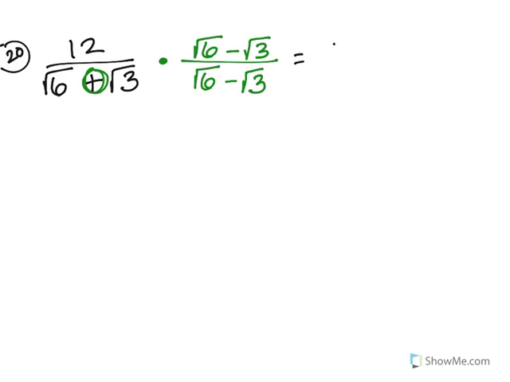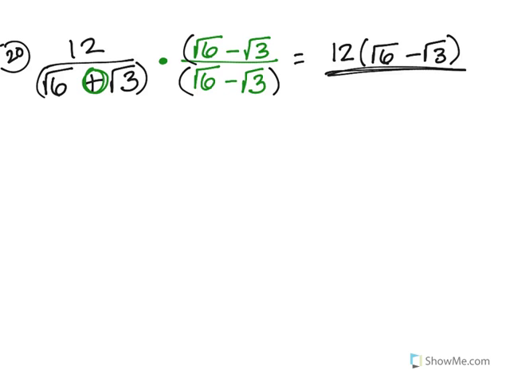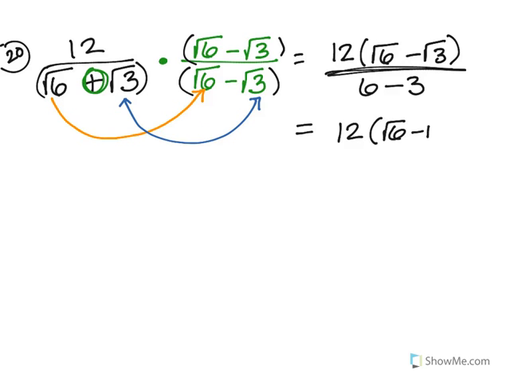Okay, so I would do 12 times, in parentheses, square root of 6 minus the square root of 3. Because the bottom is going to be a what? Whole number. So if you want to put this in parentheses, you can, if that makes it look better. But you're going to say the square root of 6 times square root of 6, and then the square root of 3 times square root of 3. So that would just be what? 6 minus 3, which is a 3. Right? And then